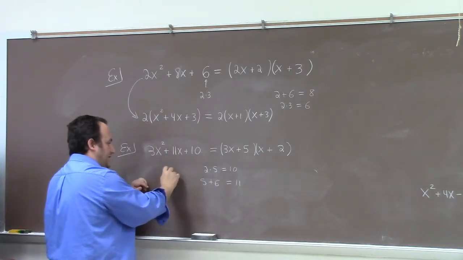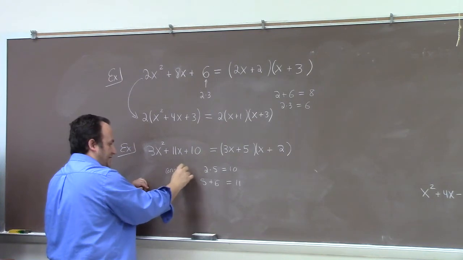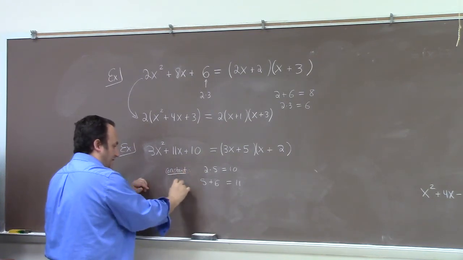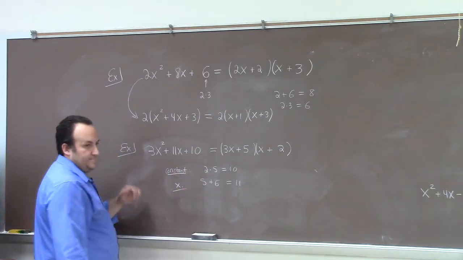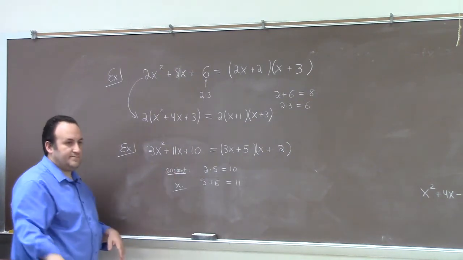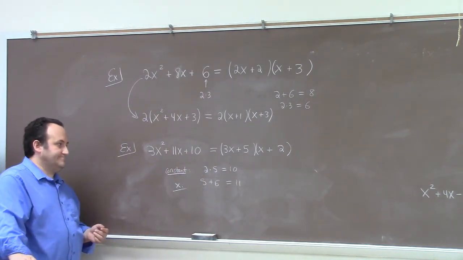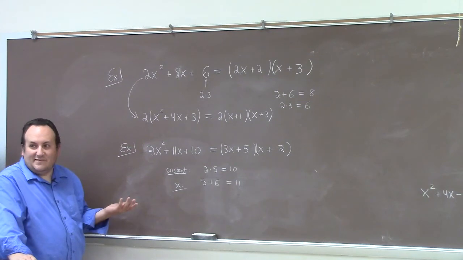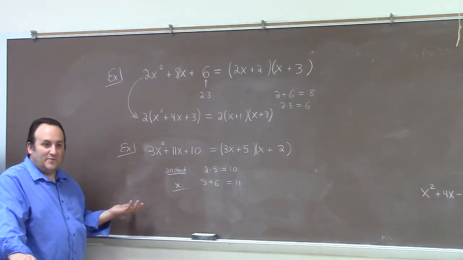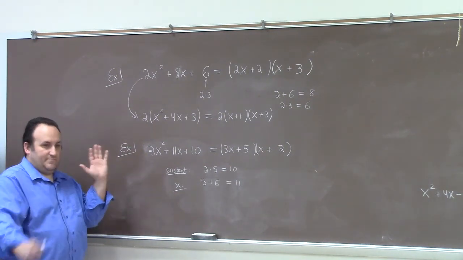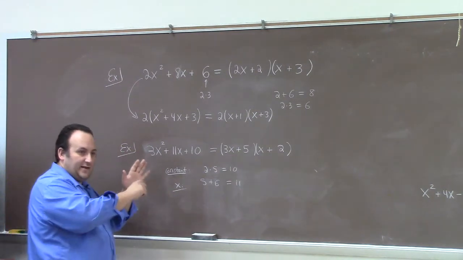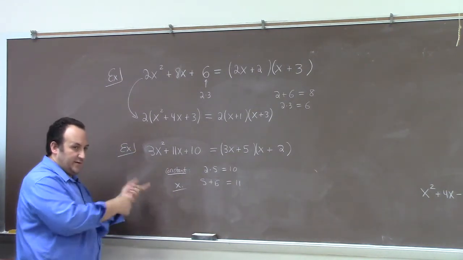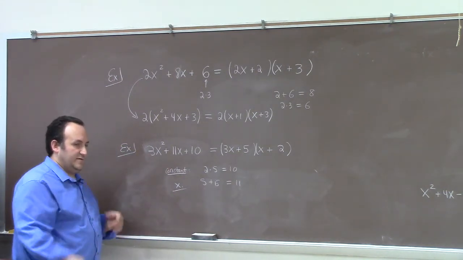So, you know, if I wanted to label what I'm doing, this is the constant, I'm checking the constant, I'm checking the x. And this is my method. It's not very glamorous, but I write down 3x plus something, x times something, and I try to fill in those somethings so that it works. The slide and divide method,